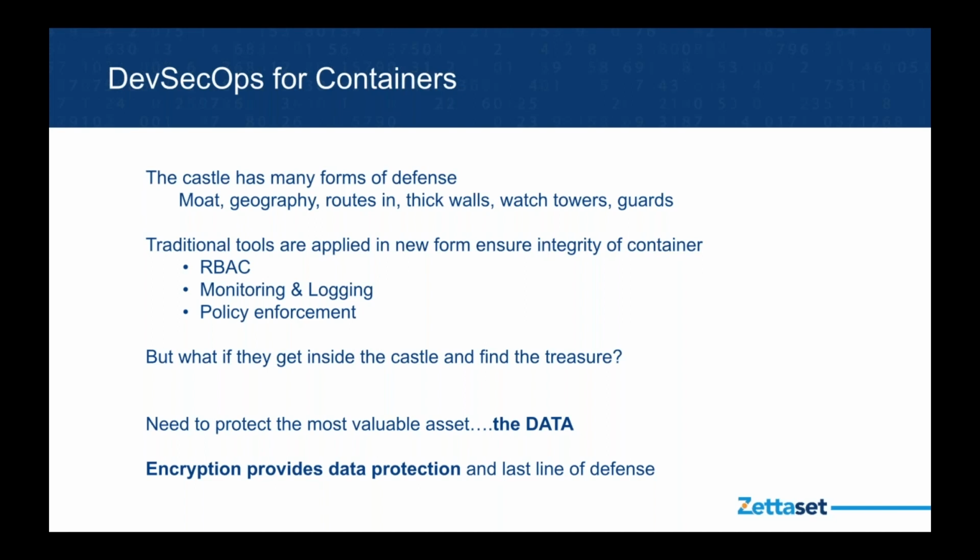And again, overall, the analogy I like to use is the one at the top there. Within a castle, I look at it as the core is the data. Around the outside, you've got a moat, you've got guard towers, you've got thick walls. Inside, you have keys to doors. But at the end of the day, if someone gets past all that and gets to the gold, you want to have it encrypted. And that is why we call it the last line of defense.